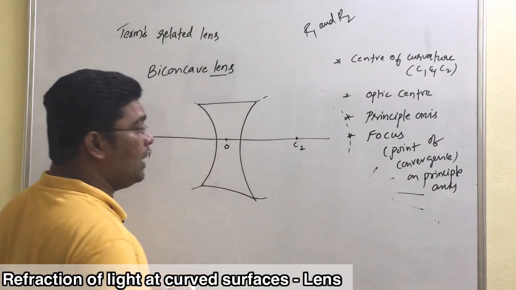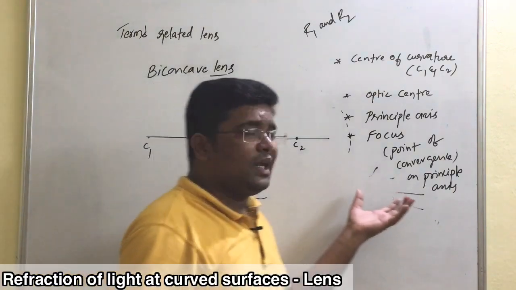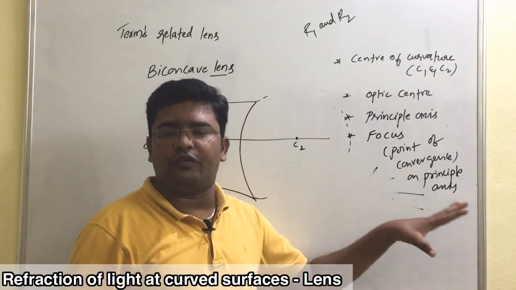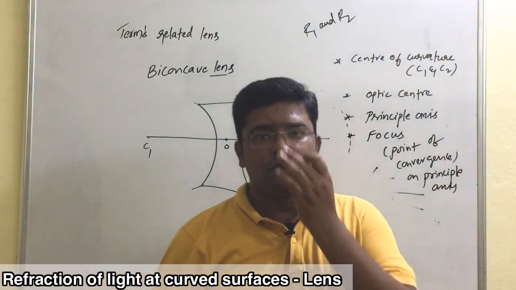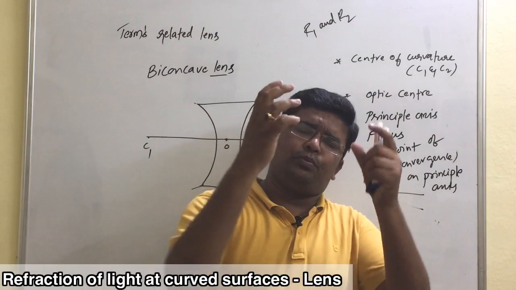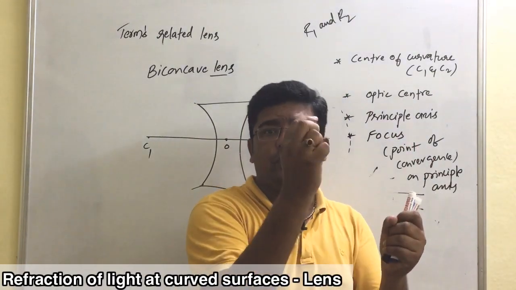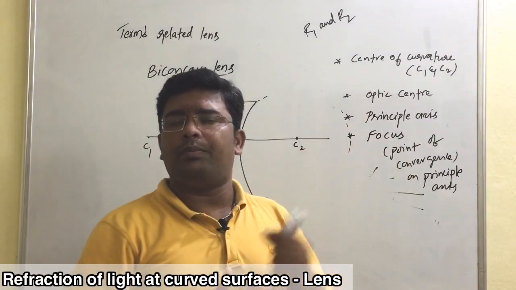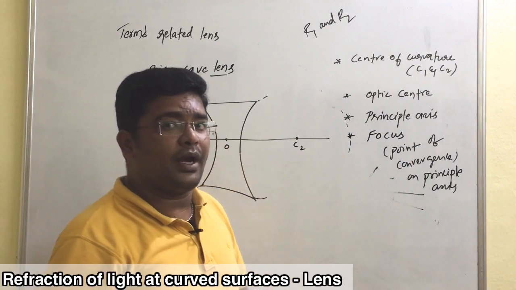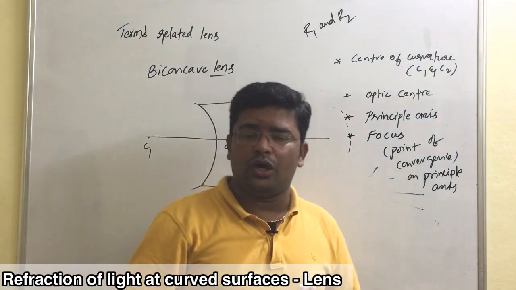How do we find focal length and focus for a biconcave lens? We said focus for a convex lens is the point of convergence on the principal axis. So क्या हो रहा है यहाँ पे? जब पैरेलल लाइट रेज कॉन्वेक्स लेंस पर गिर रहे हैं तो पूरे कॉन्वेक्स लेंस रिफ्रैक्शन के बाद, राइट, क्या हो रहा है? वो कन्वर्ज हो रहा है. कहां पर कन्वर्ज हो रहा है? प्रिंसिपल एक्सिस पर. एक पॉइंट प्रिंसिपल एक्सिस पर कन्वर्ज हो रहा है. उस पॉइंट को क्या कहा गया? फोकस. Okay, that point of convergence on the principal axis.